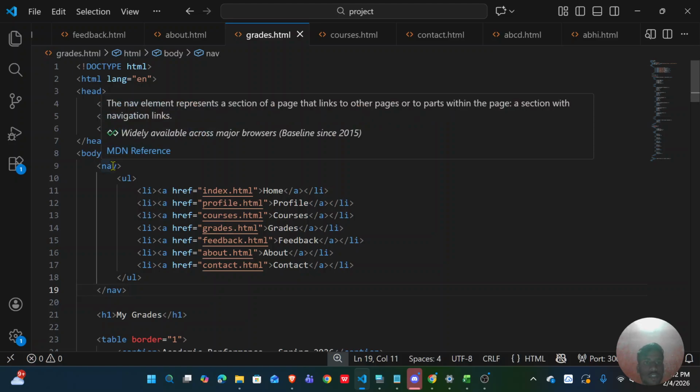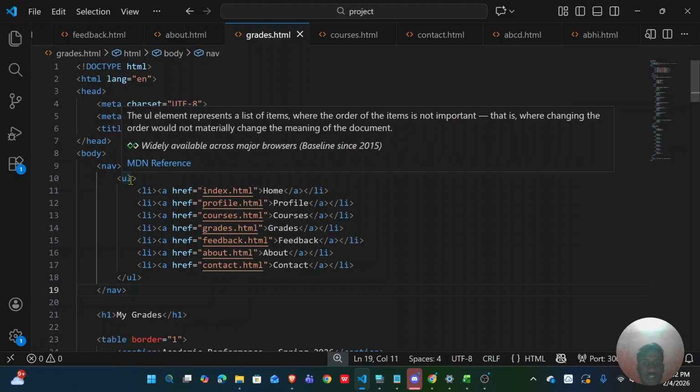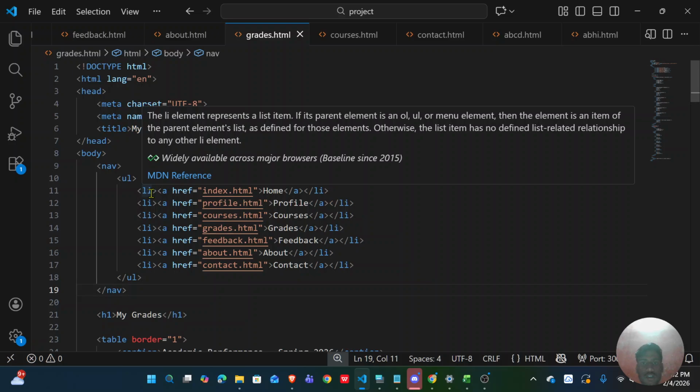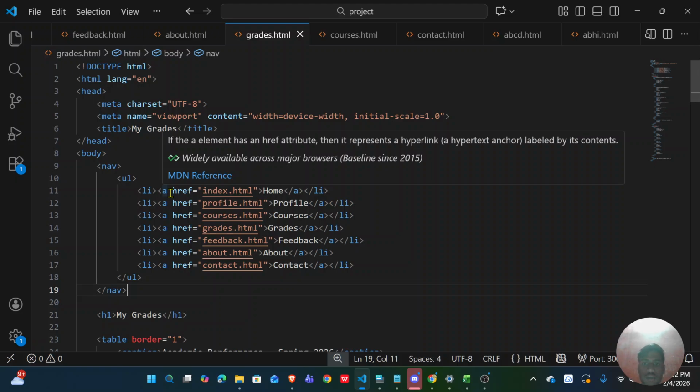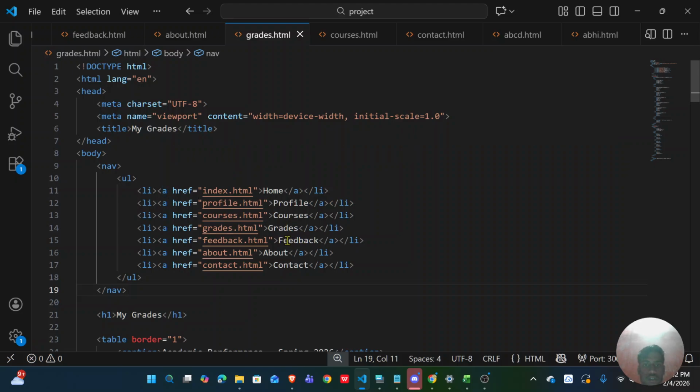The navigation bar is created using the nav tag, and inside the nav we create an unordered list and define list items and anchors. The anchor tag is used to create links to other pages such as home, profile, course grid, about and contact.